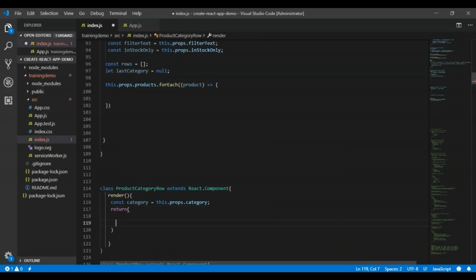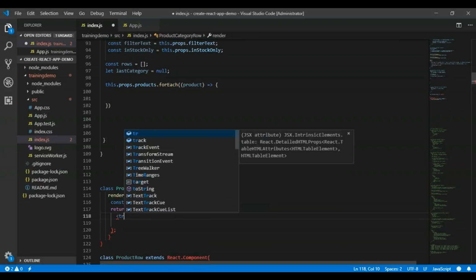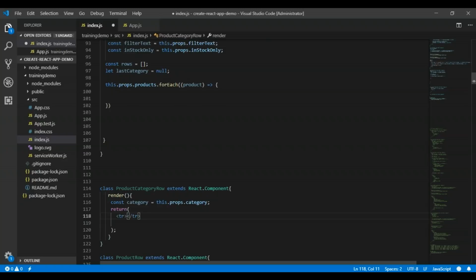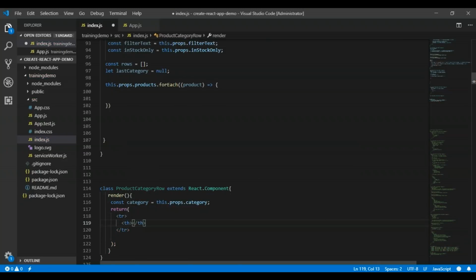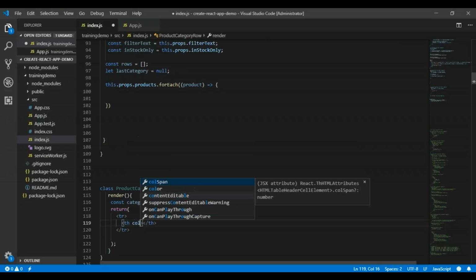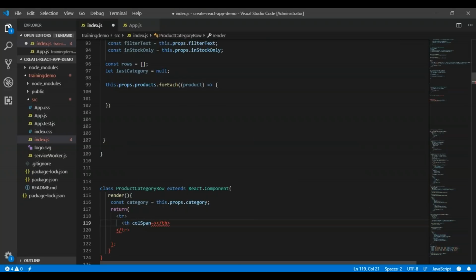In this return statement, I'm just using a tr structure. For example, in this tr I'm defining a header with a th and some colSpan. Yes, I can define a colSpan. And in this th, that is the table head, I want to define the category.